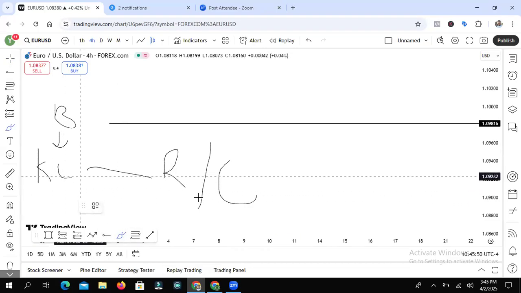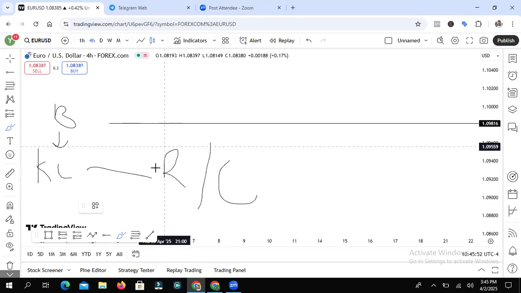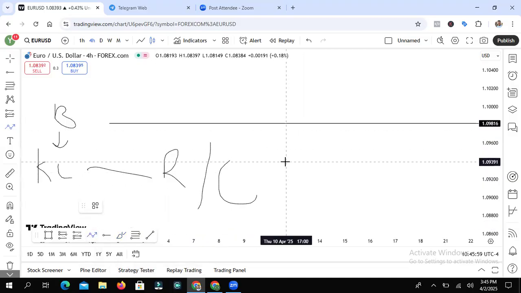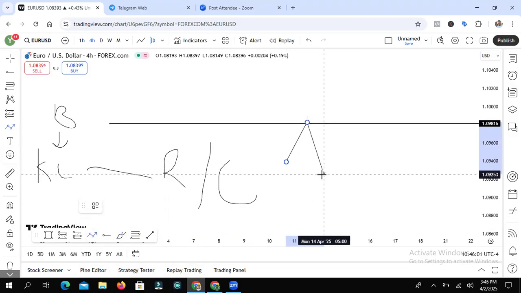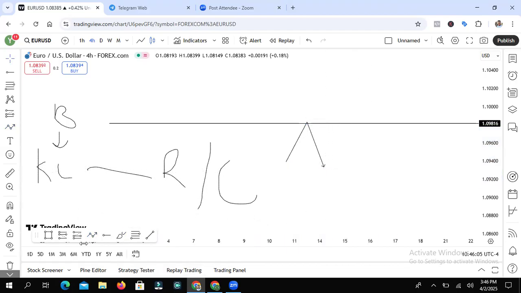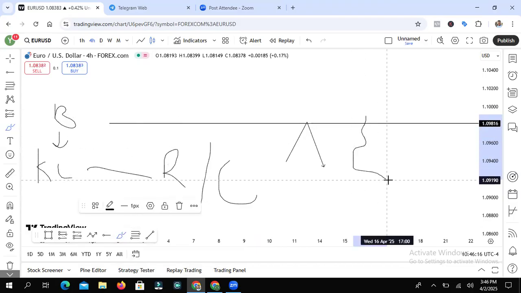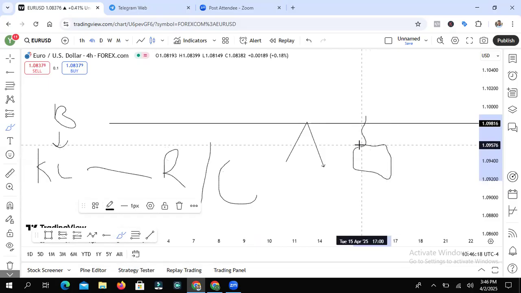So on the key level, like I said, you want to wait for candle rejection and candle closure. Let's say this is an A-shaped key level right here. What do you want to see on an A-shaped key level? Like I said, you want to see candle rejection. This is what we want to see, candle rejection. You want the market to trade into this key level and start rejecting. And then once they reject, you want to see something like this, a candle closure.